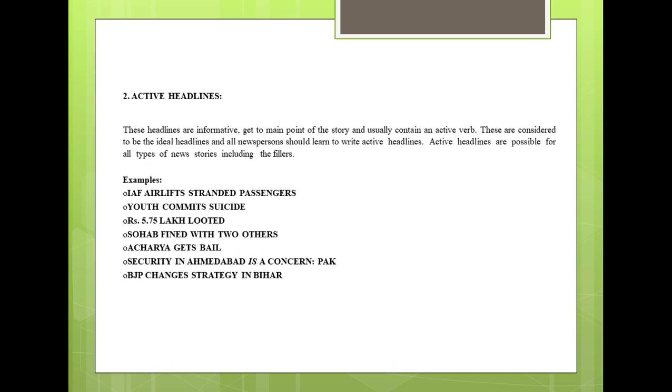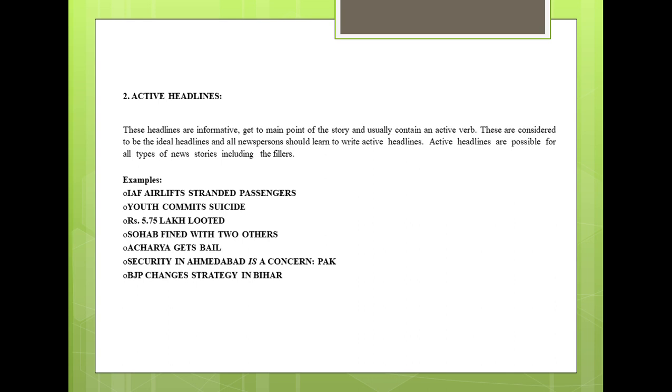Now let's understand active headlines. These headlines are informative, get to the main point of the story, and usually contain an active verb. They are considered to be the ideal headlines, and all newspapers should learn to write active headlines. Active headlines are possible for all types of news stories, including the fillers. Example,